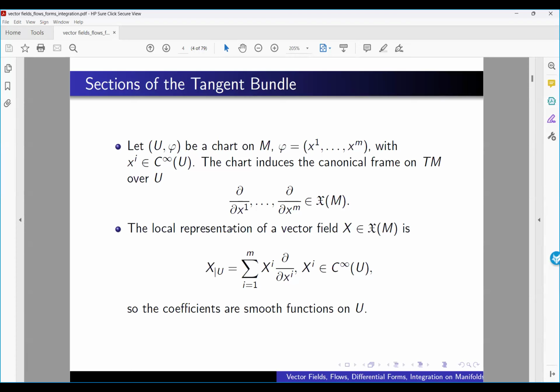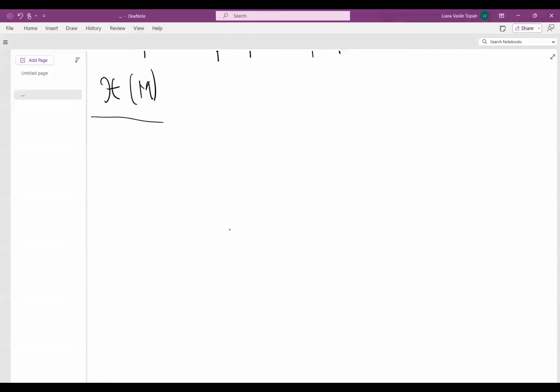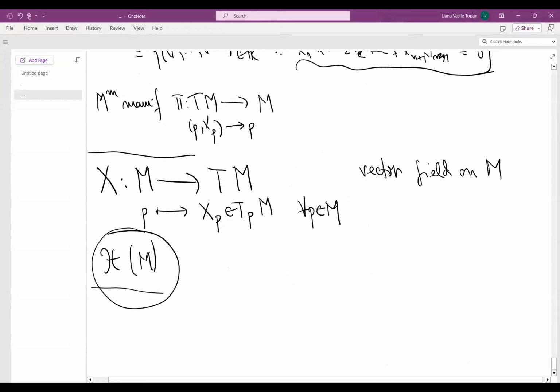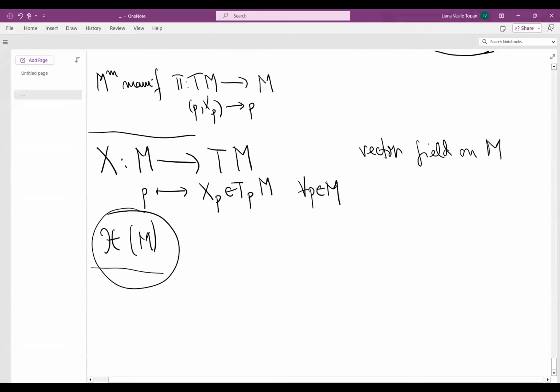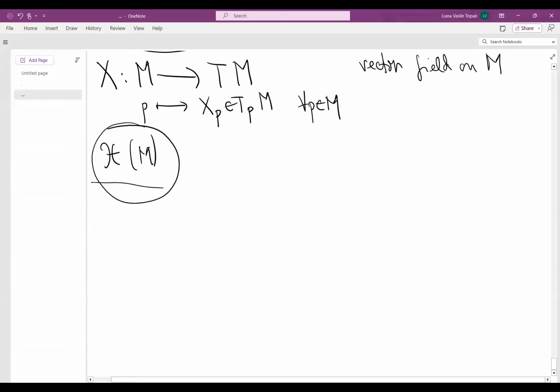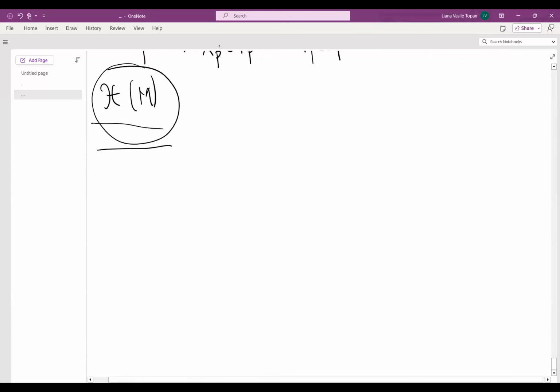So again, what we are trying to do here is to find some sort of a basis for this space, right? So we'd like to write any vector field as a linear combination of some elements from some sort of a basis there, right? So we can do that. We can work in an algebraic way here. Now remember what we did when we were talking about the tangent bundle. The tangent bundle was defined as the union of the tangent spaces.